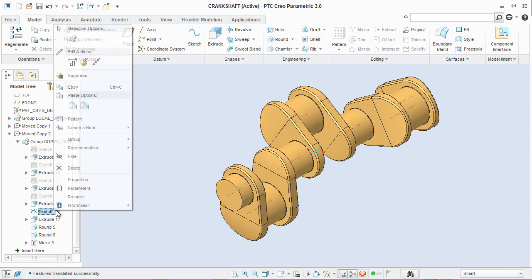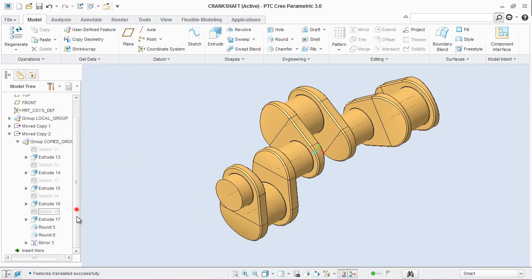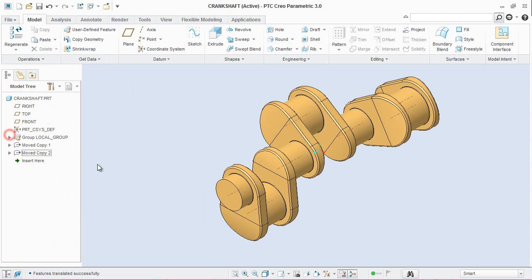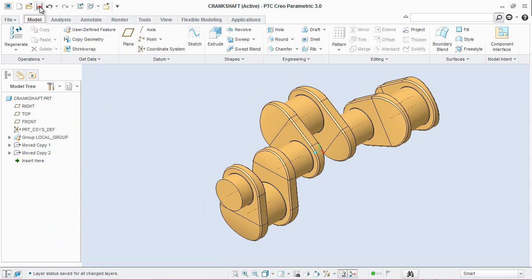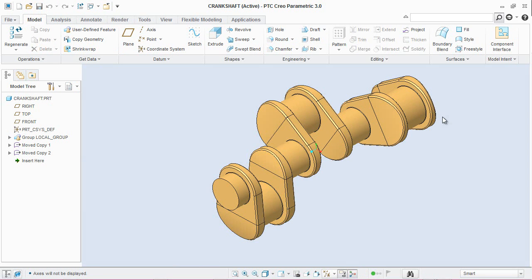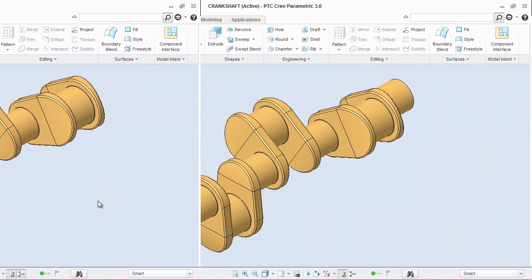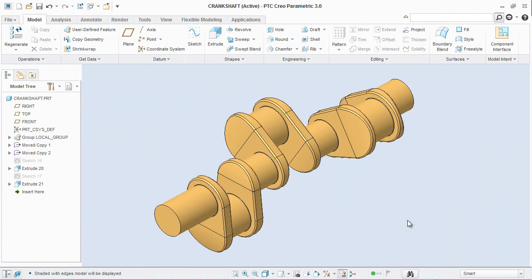So our paste special operation has been completed. Here is our full model.